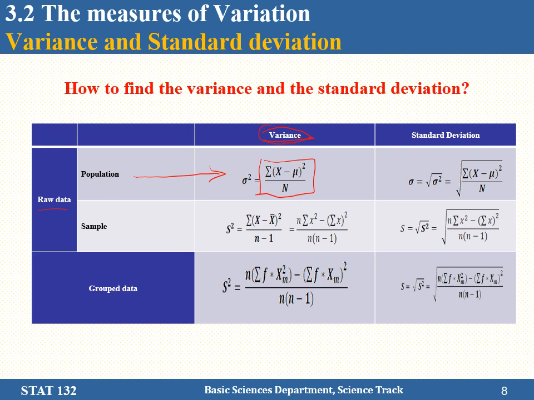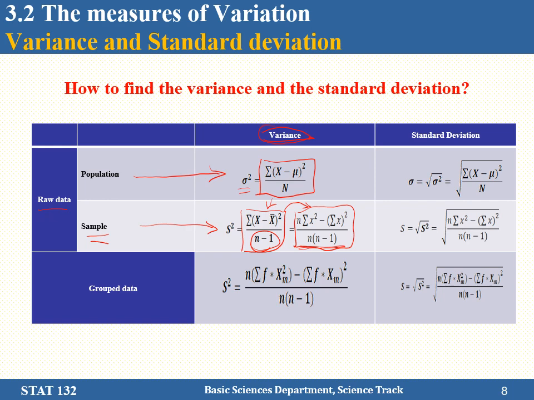We always write the population variance as sigma squared. For the sample variance, we use s squared, and it has almost the same formula, except n minus 1 here. This one can also be written in this form: n times the sum of the x squares minus the square of the sum of the x values, divided by n times